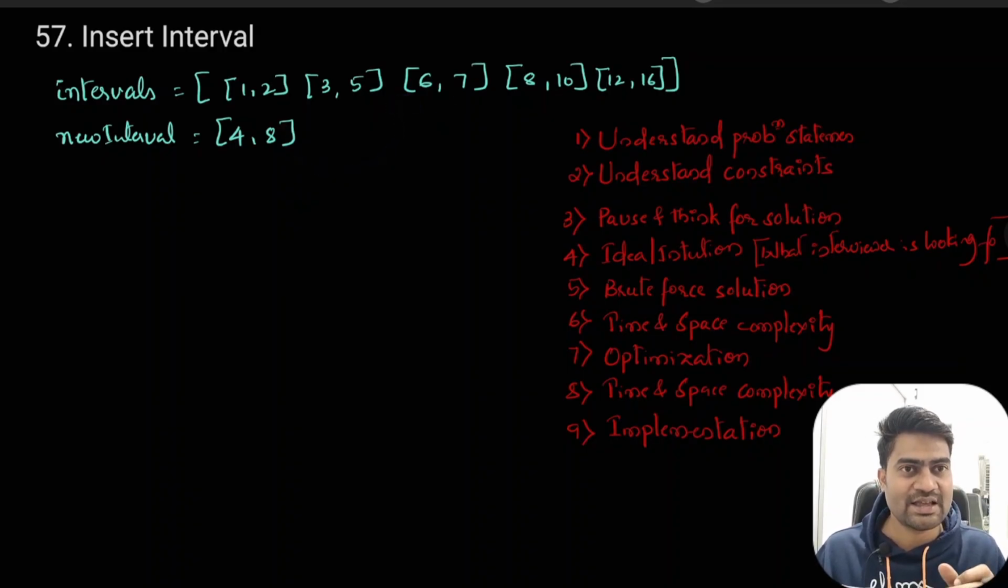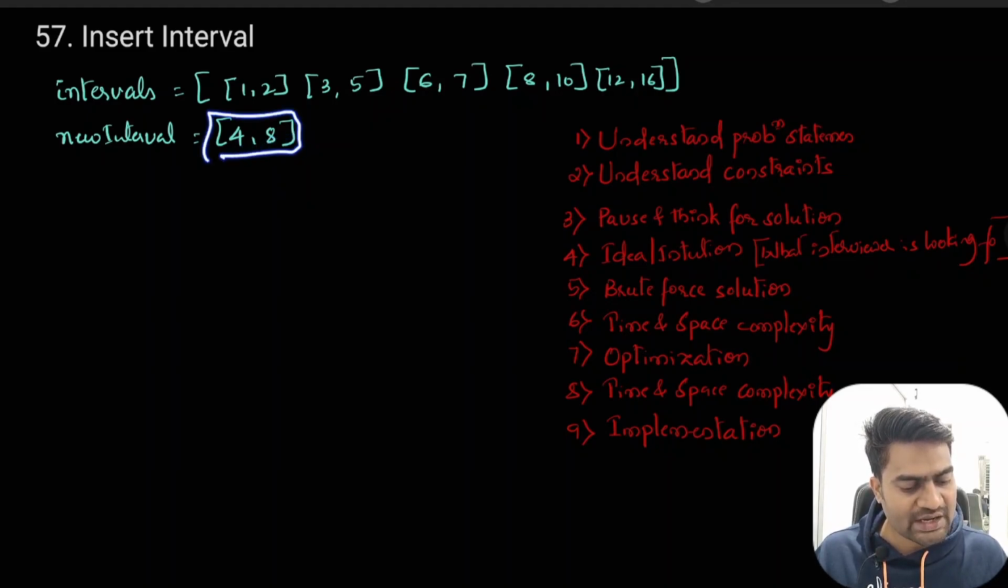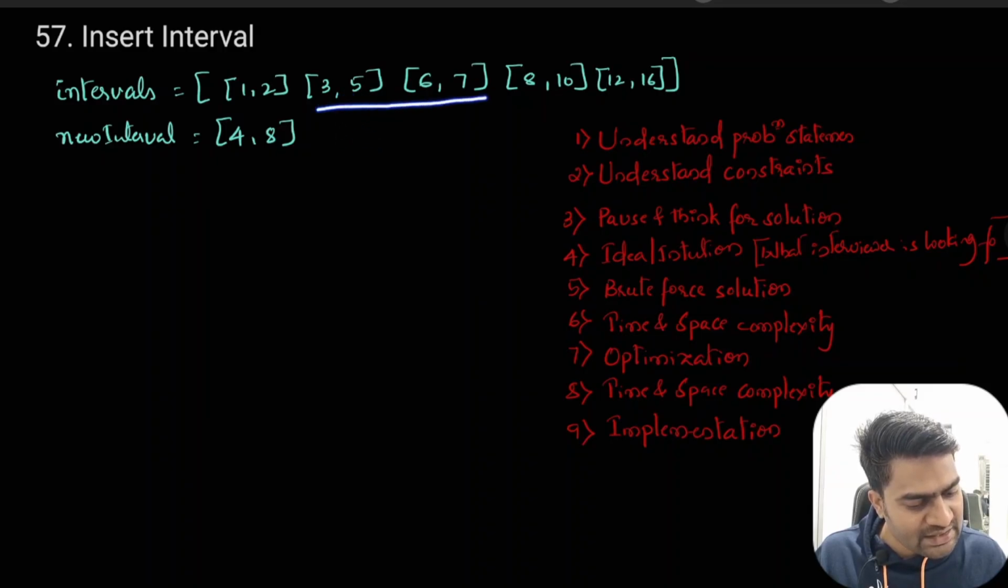So it points to our previous problem, which is merge intervals. I recommend you go back and watch that video, and then come and watch this particular video. Okay, so now if you see 4, 8, we can insert somewhere here, correct? Because 4 lies between 3 and 5, and 8 lies between these three values,